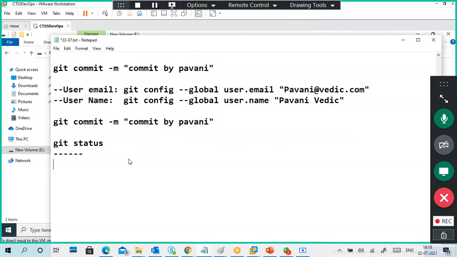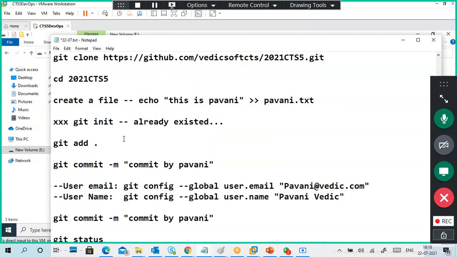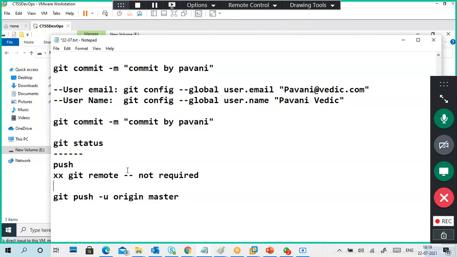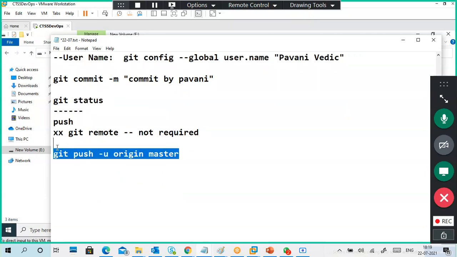This is the local repository. Now pushing, git push, like this. We don't require remote add kind of stuff. Why do we require a remote add? Because you cloned, right? So automatically in your clone, the .git has the information, so git remote is not required. If you put it also, no problem, it says already information is there. So this is git push.